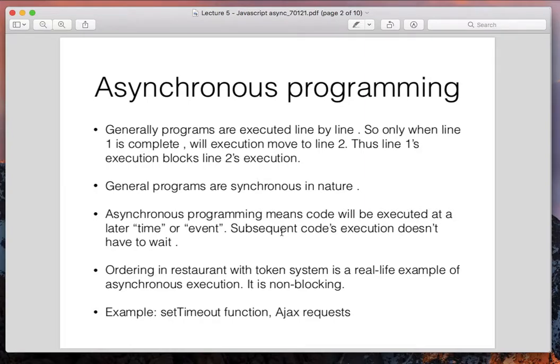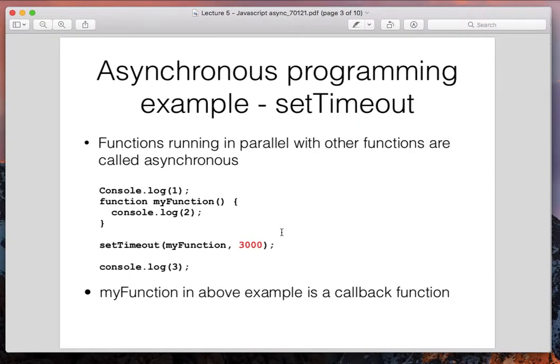Two very good examples in JavaScript just to get started on asynchronous are the setTimeout function and Ajax. Okay, so setTimeout, I will just do a simple example and then you will understand.